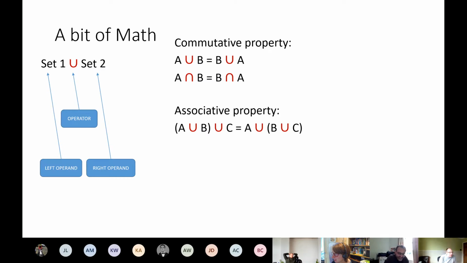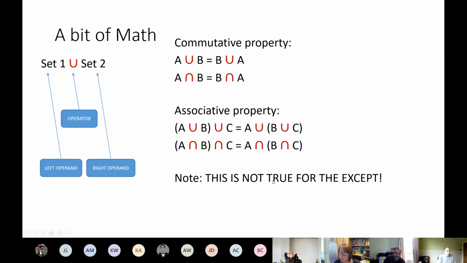Okay, what we're doing here, so we're combining things. This is basically saying that similarly, if you union 3 sets together, it actually doesn't make any difference in what way, shape, or form you union those 3 sets together. What happens is you get all of the people from all of the sets regardless. And this next line is going to do the same, but for the intersection. So what we've got so far is that unions and intersects do not rely on order. However, except is the exception.